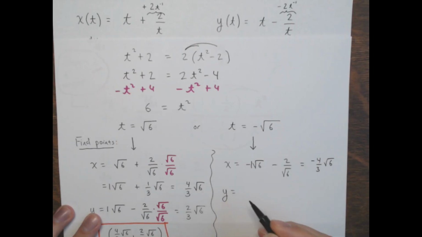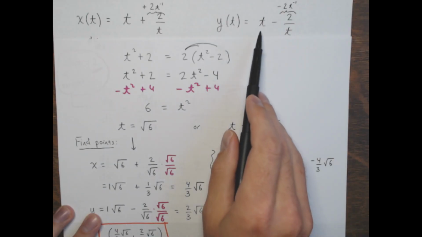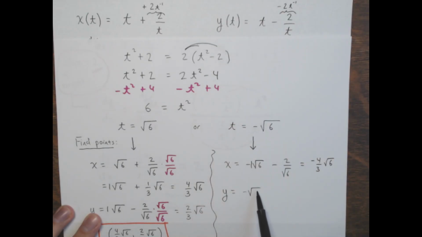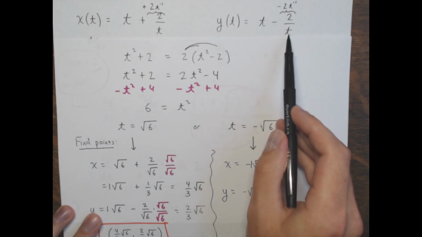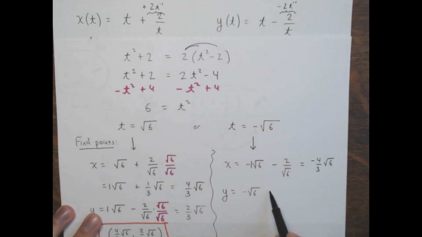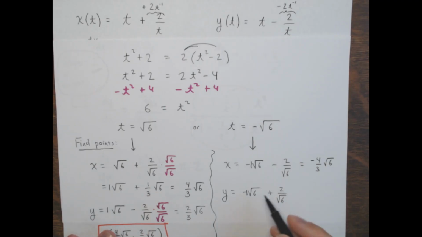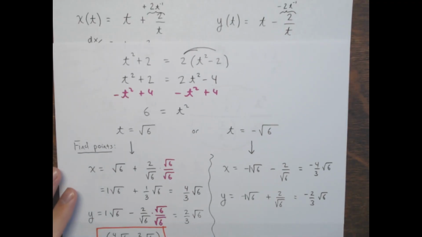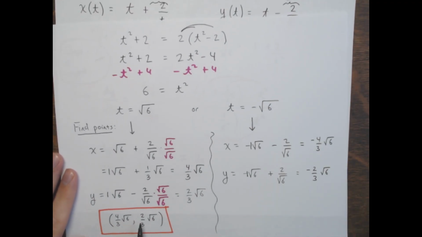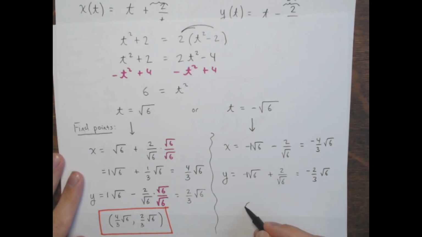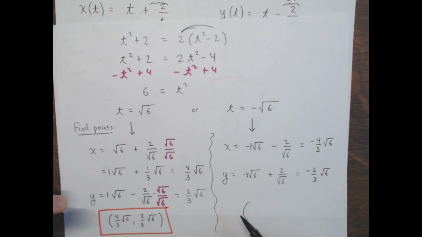And then the y coordinate when t is negative square root of 6 would be negative square root of 6, and then minus 2 over negative root 6 would be plus 2 over square root of 6. And it'd be negative 1 plus 1/3, right? Negative 1 root 6, and this is once again 1/3 root 6. So this is negative 2/3 times the square root of 6. So pretty similar, just on the this is a quadrant 1 point where x and y are positive, and we just get the opposing quadrant 3 point where x and y are both negative, just kind of reflecting this across